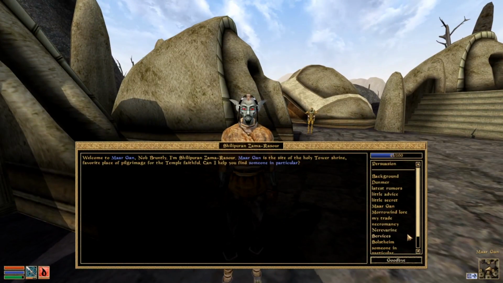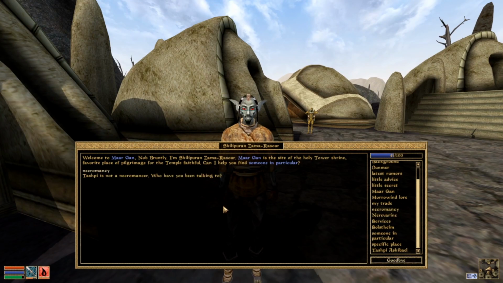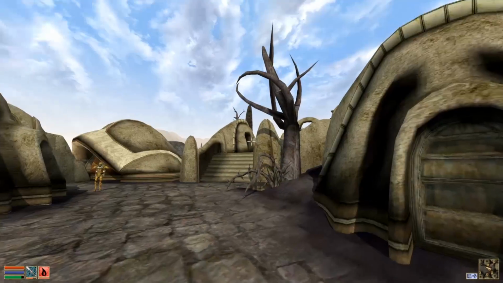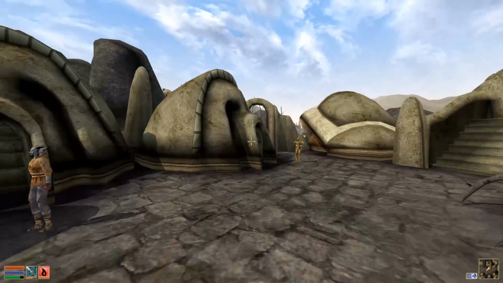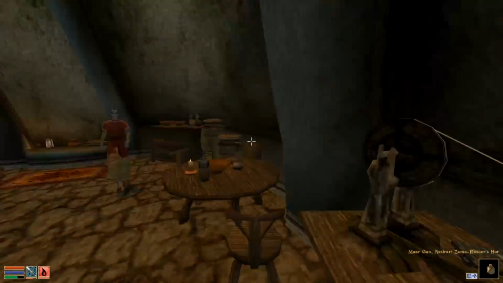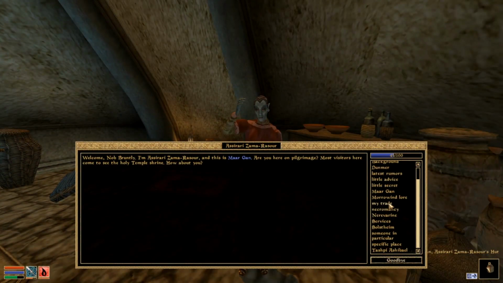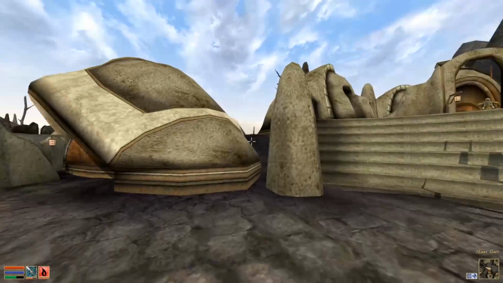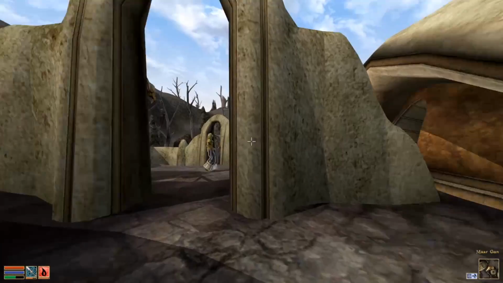Excuse me, you wouldn't know a thing or two about necromancy, perhaps? Not a necromancer. Who have you been talking to? What am I expected to do now? Am I expected to go back and speak to Rannis and say, not a necromancer? Did you know a thing or two about necromancy? Tashpi is not a necromancer. That's a bit concerning, isn't it? I feel like we've been led on a...